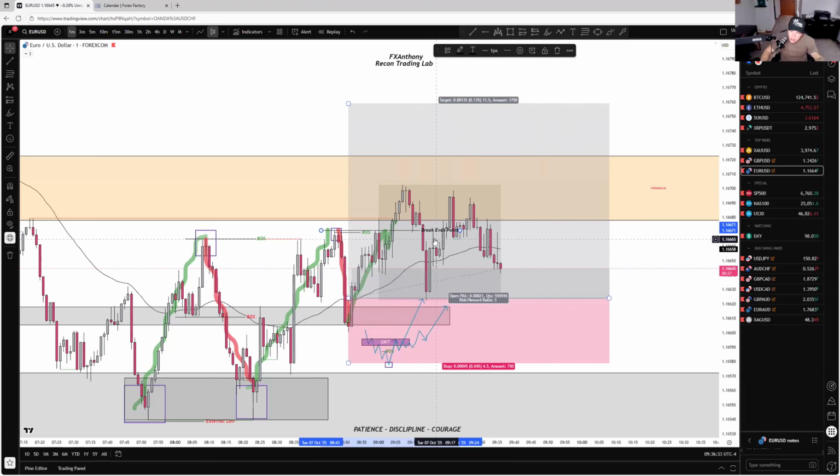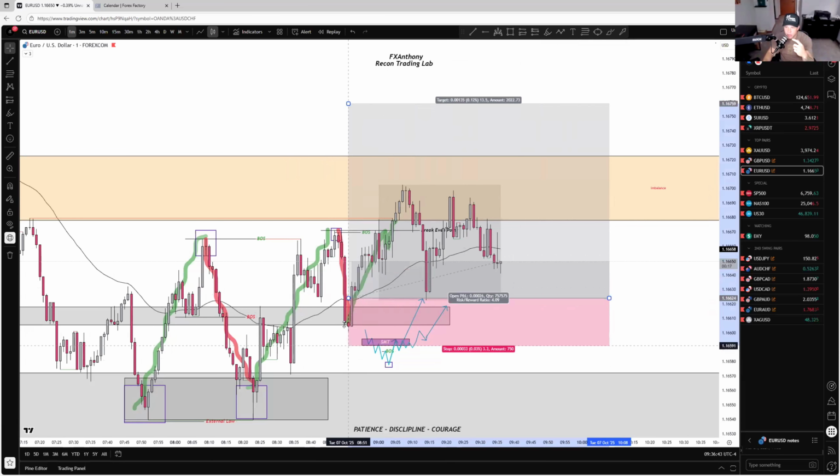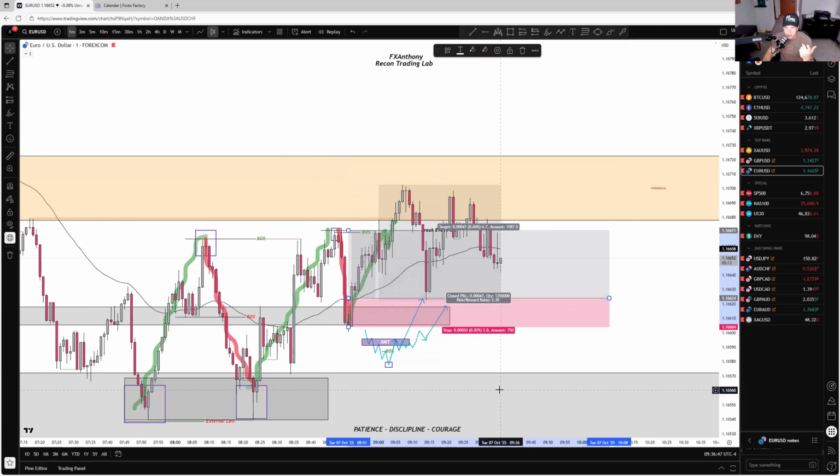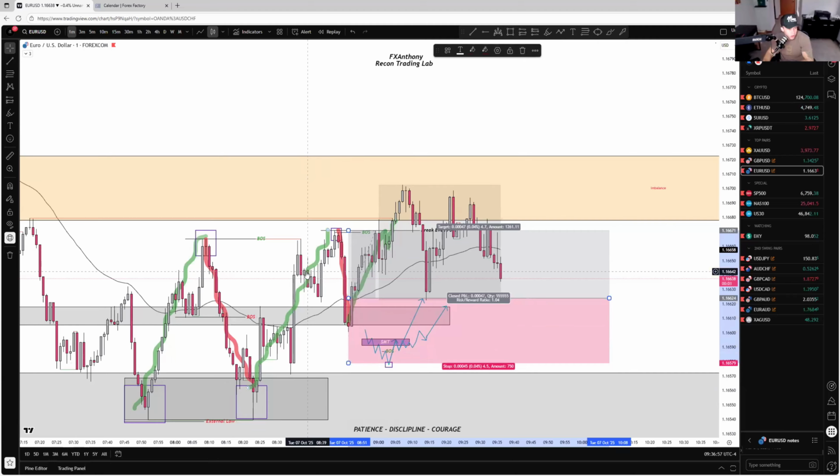Well, your entry was ugly in the first place, so this push was even lucky in the first place. What you should have done if you're going to take this is cut your stop loss very low right below this structure, and then just take profit at this point here. If you're going to take an ugly setup right there, your take profit should be that next high automatically. You should take a 1 to 1. You should be happy with your 1 to 1, because there's no way you're going to get a full blown push out of an ugly setup like that. I mean, there's a 50-50 chance, but it's an ugly setup.